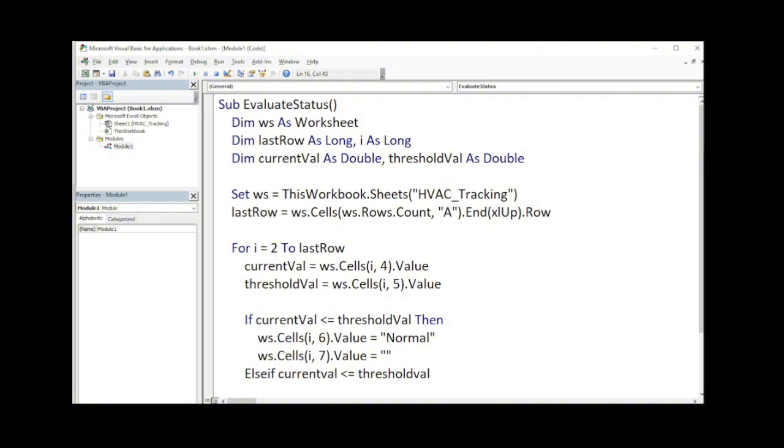But I'm gonna increase it to make it for us to be able to say warning for the status and approaching limit for the alert column. So I'm gonna multiply by 1.2 to make it a warning value. Then,